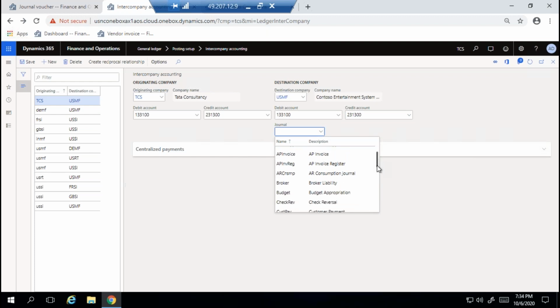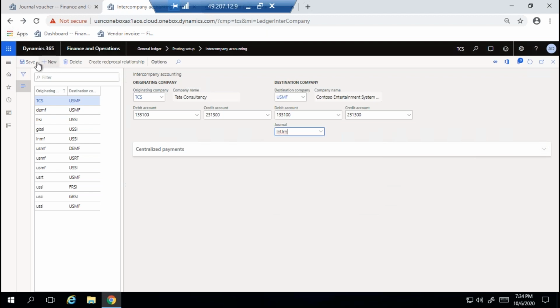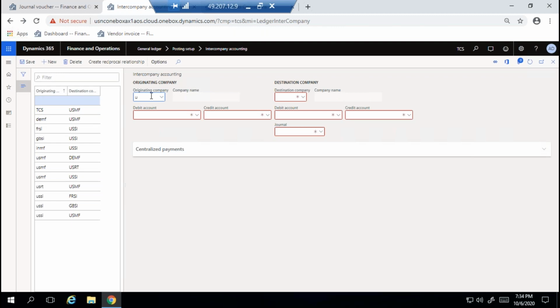Intercompany journal. Yes, we can do it now. I think in USMF versus TCS also I need to map. USMF versus TCS, this is also required, both vice versa.